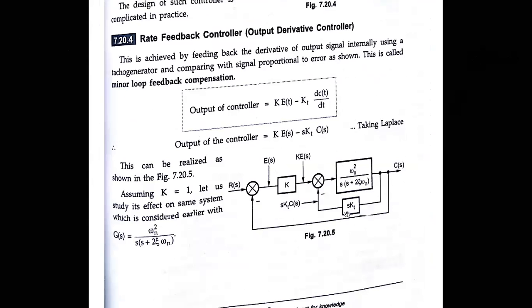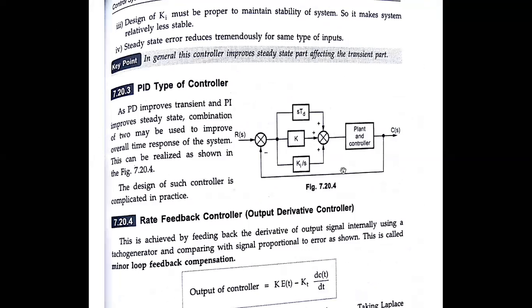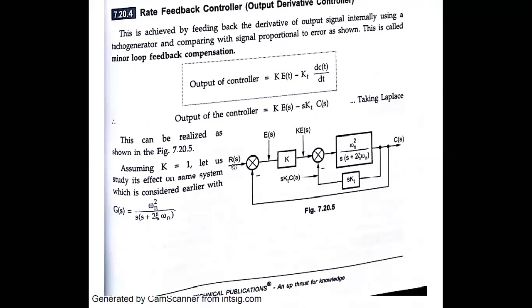Only g of s is nothing but the value which is before the system diagram here, or the block diagram, this value. So once I solve this value here, this summing point goes. What remains is only the value of k. Okay, so that is the reason. After more simplification, that is how to find the overall transfer function here, you can see here. Okay, so r of s, this is c of s. So c of s divided by r of s.